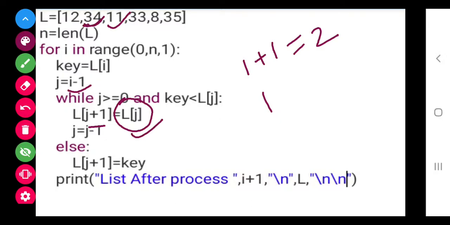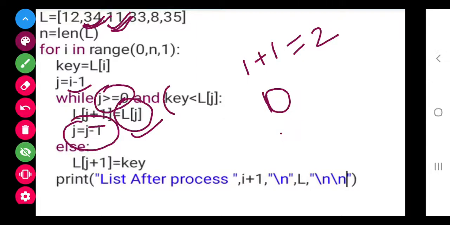This 34 will come in the second position. Now the value of j is changed again. The value of j was previously 1, now it will become 0. Again this while loop will run. Yes, it is greater than or equal to 0.